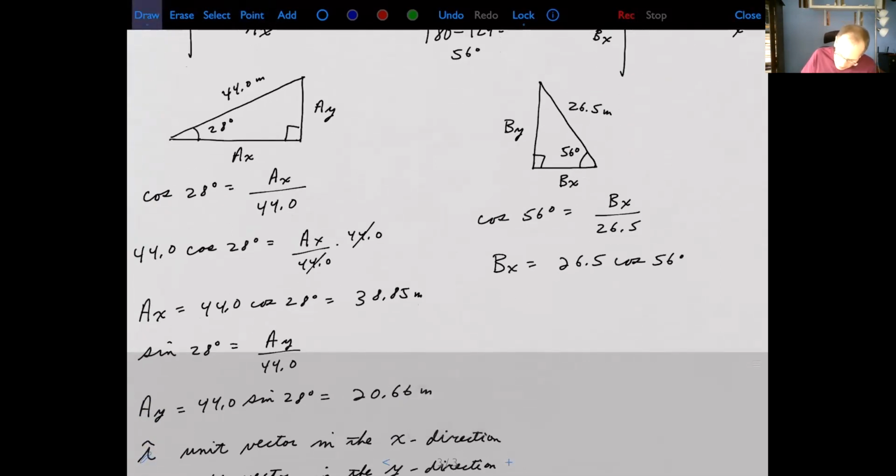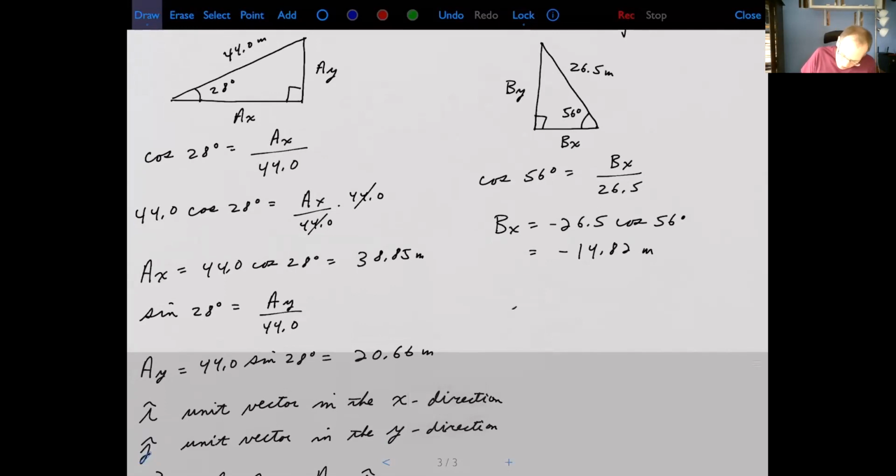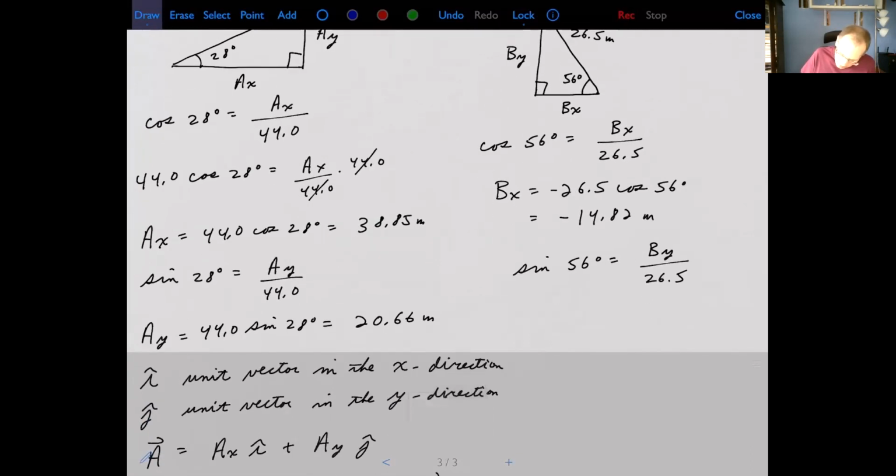So this is really going to be negative. And if you work that out, it turns out it's negative 14.82 meters. And then to get the y component, I use sine, right? Sine of 56 is going to be By over 26.5. So therefore, By is going to be 26.5 times sine of 56 degrees. And that's positive, right? Because it's pointing up. So this turns out to be 21.97